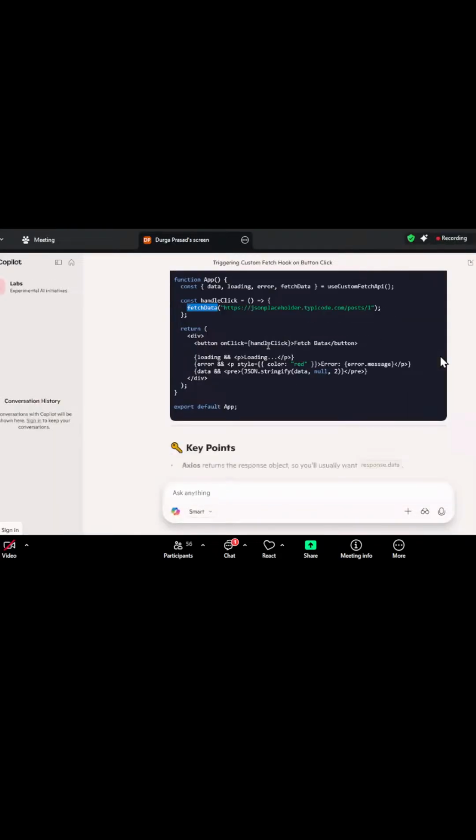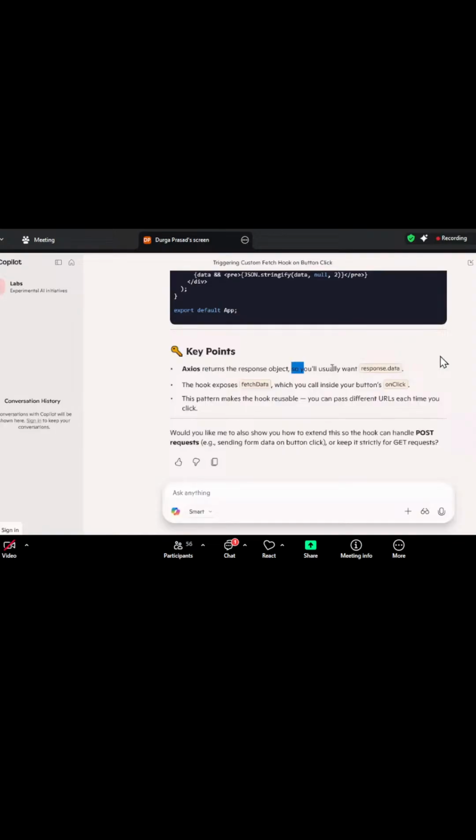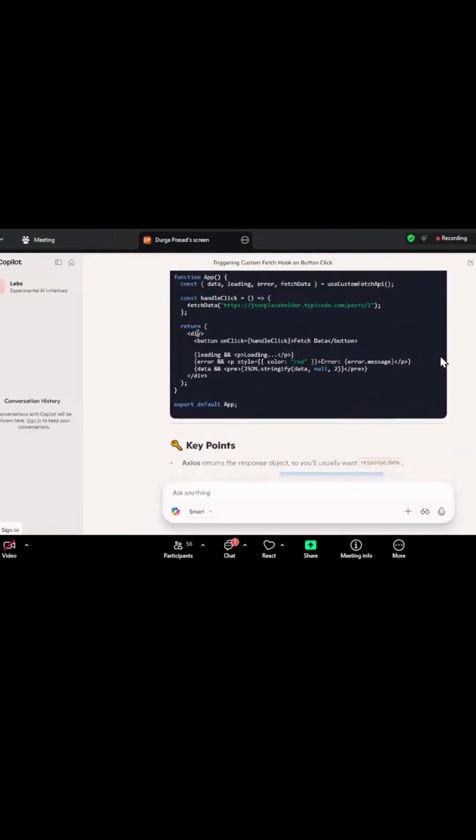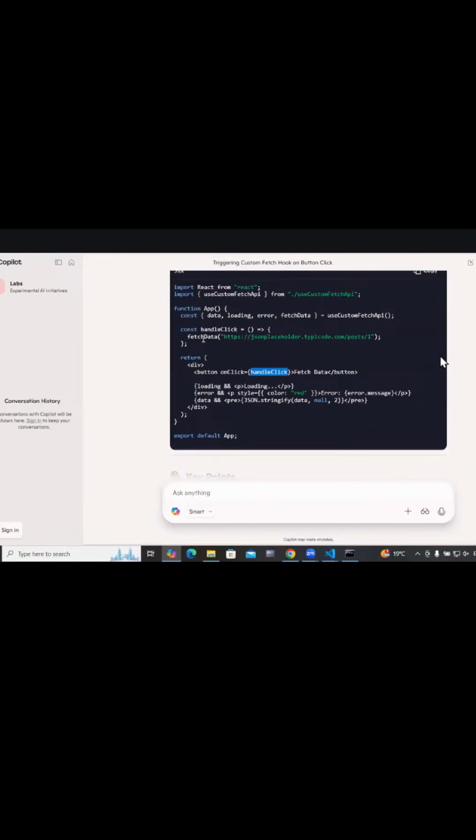Return response objects, we usually want response data. The hook exposes fetch data, which you'll call inside your button. That is what I'm doing, which is exposing this method.